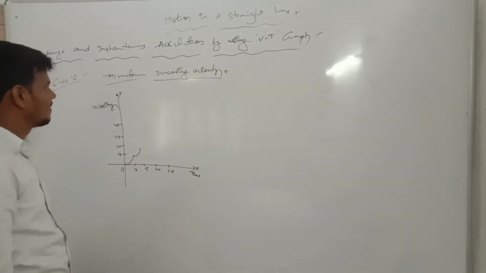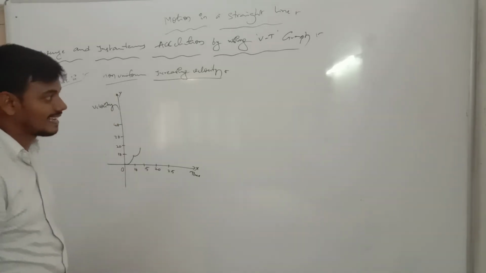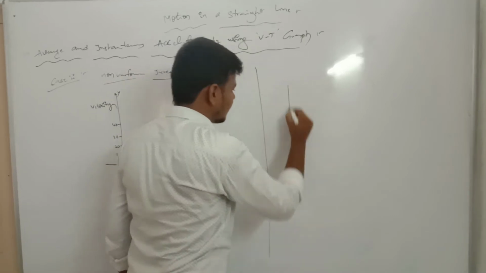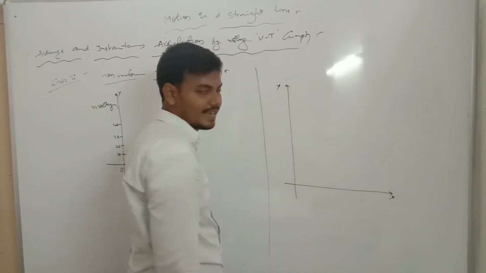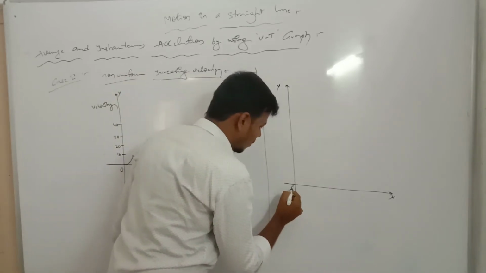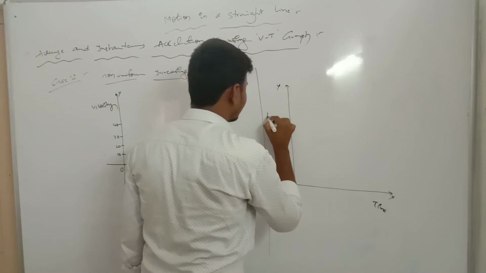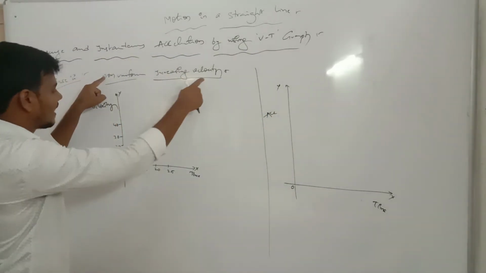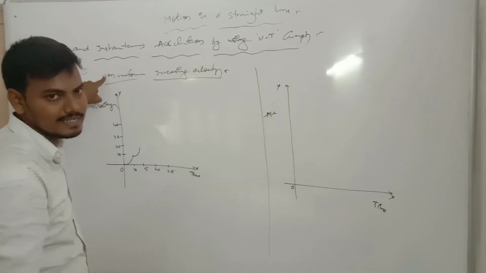Okay, right? Again we are choosing this is case 1, velocity and time. Okay, next one, acceleration. Okay, the graph of acceleration. This is the x-axis, this one is the y-axis. Okay, clear? This is the origin point. The x-axis we always take as time period. This one is acceleration. Okay. Now, in non-uniform, velocity will be increased. Now, what is the acceleration? Acceleration will be taken as a graph.